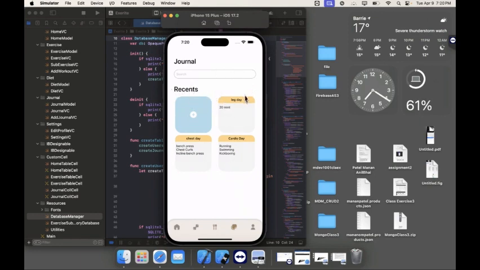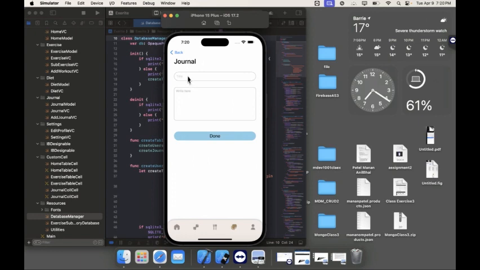We have a few journals already made. We can go over here on journal and we can make our own journal. For example, I did back day today,